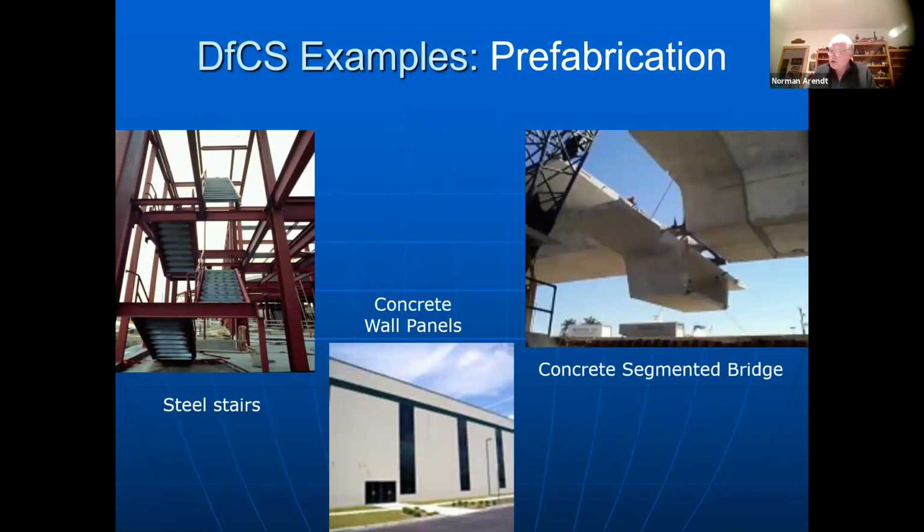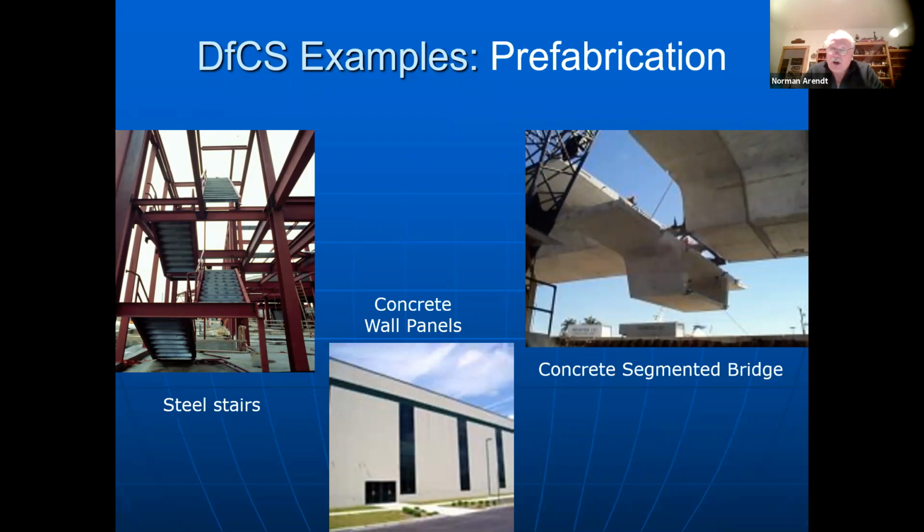These are some examples of prefabrication. Prefabricated stairs, and then you have a prefabricated platform so you don't have to use ladders. Or tip-up construction, and if you're familiar with the Middleton Fire Station and other buildings in the area that Newcomb has put up, they use a lot of tip-up construction.